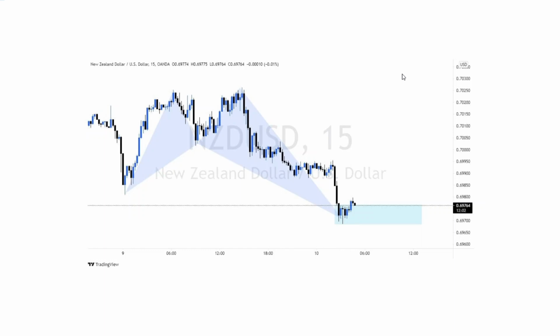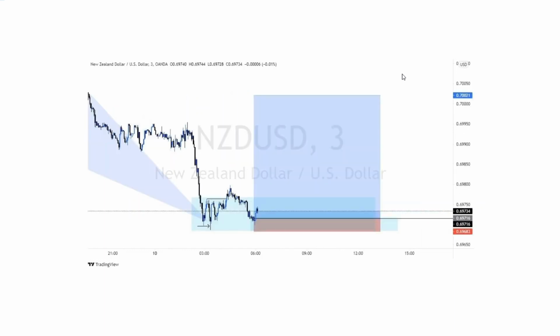All right. Now in NZD USD, we first spotted it in the 15 minutes time frame. That is where we first spotted it. Again, I didn't want to take the entry in the 15 minutes time frame. I wanted to reduce the risk as much as possible. So we came down to the 3 minutes time frame. In 3 minutes, we saw that again